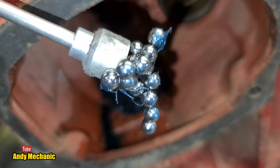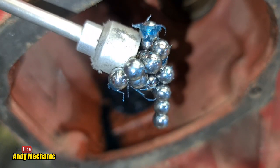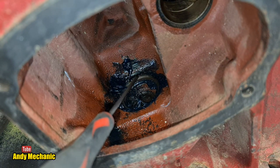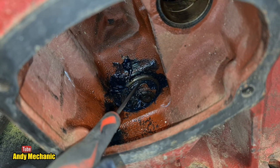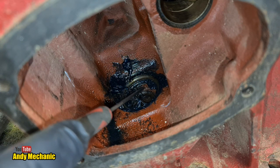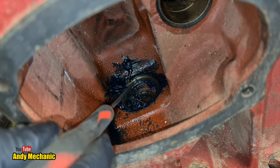Never to be used again. Brand new. I'm sure we'll find a home for them somewhere. So I think first job is we need to extract the outer race of the lower bearing. That's here in the casting. Now it's going to be immense amounts of fun getting that out of there because obviously it's a blind hole and it doesn't feel like...